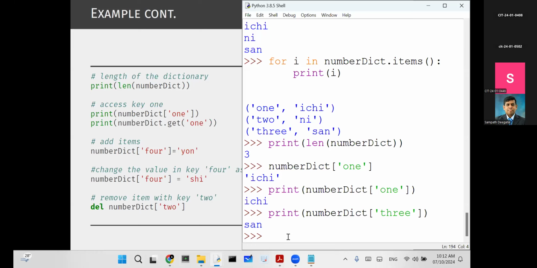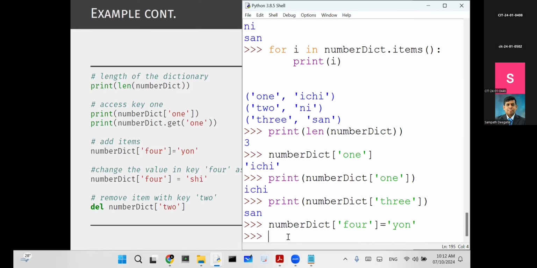Now, if you want to add items, it's like you are trying to access an item. I will say number dictionary, and you say 4. And we know that the 4 is not in our list, so dictionary, and then we'll put up the value as well. So you got my point. So you provide the key and value like this. And if you print number dictionary,